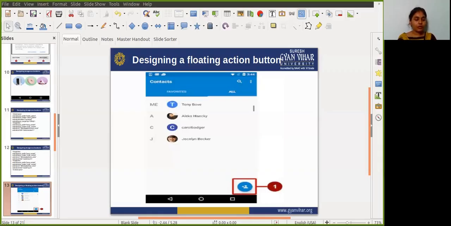So for that, you need to call the Button class and make an instance: Button button equals findViewById, in which you pass R.id.button_send.